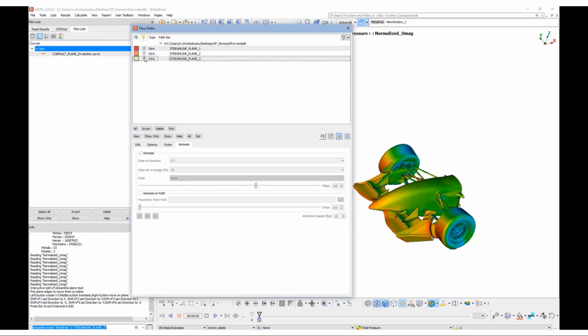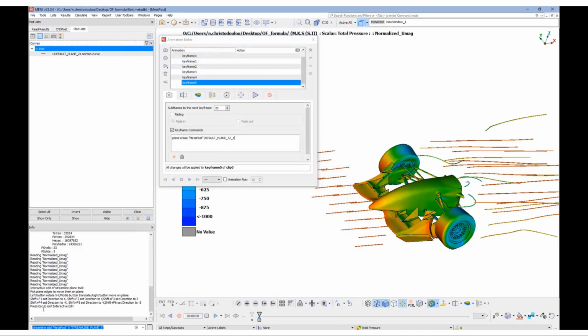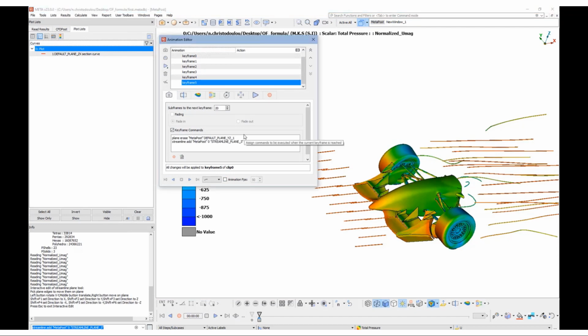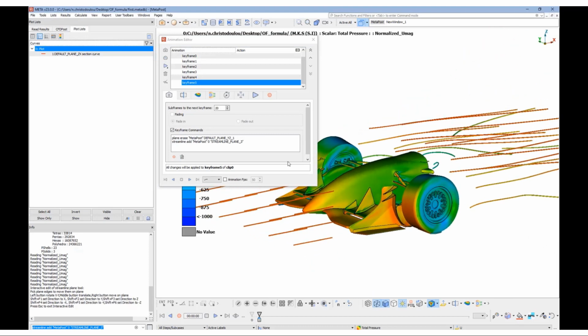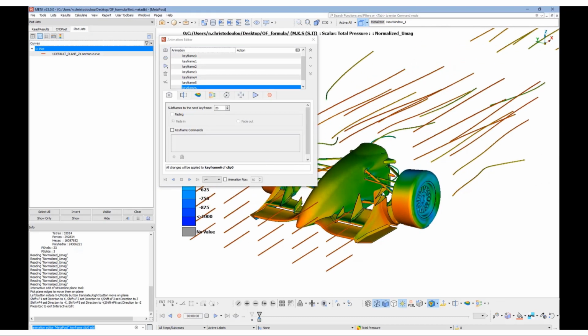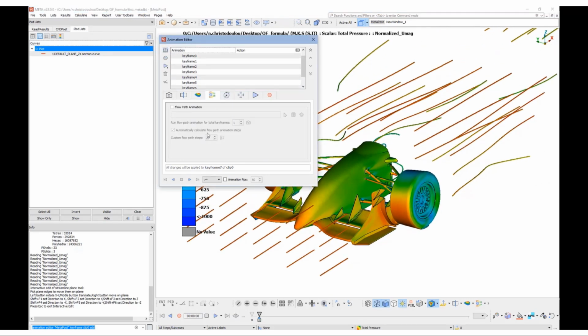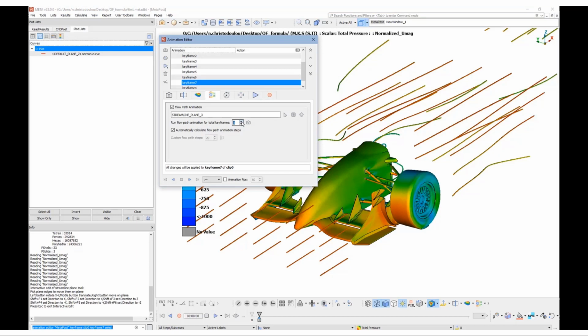We also need the command of showing the streamlines, so let's copy that as a keyframe command. We can continue adding keyframes, and at a specific keyframe we can switch to the Streamlines tab and select the streamlines that we want to animate.